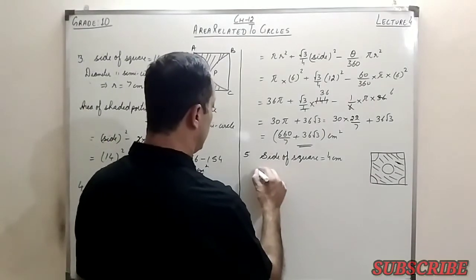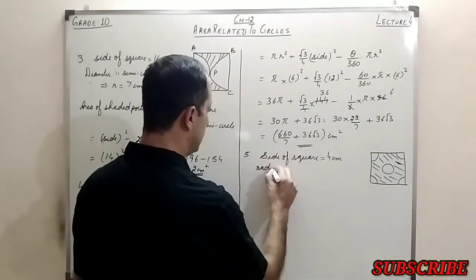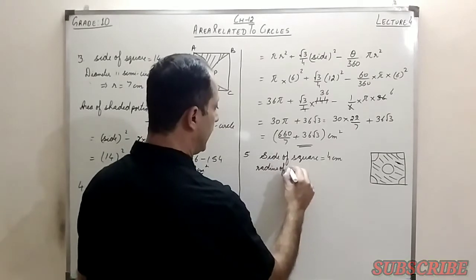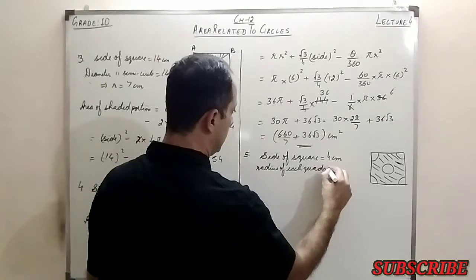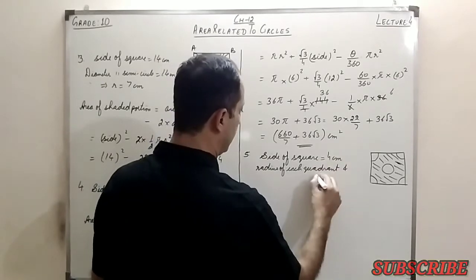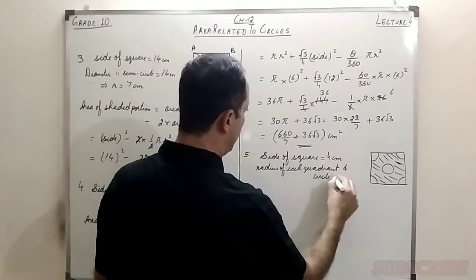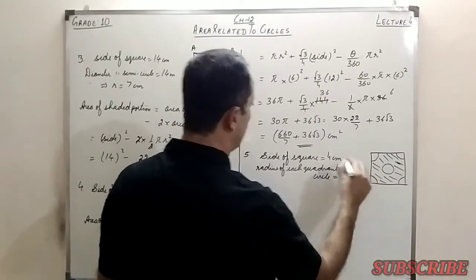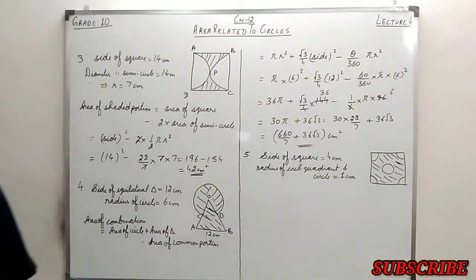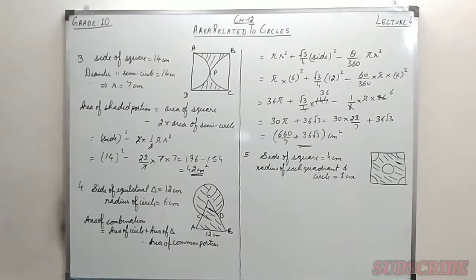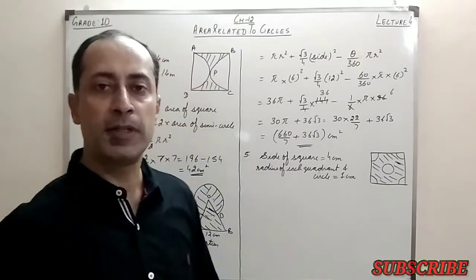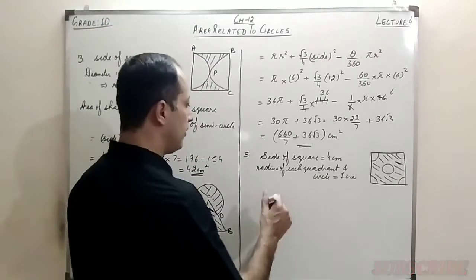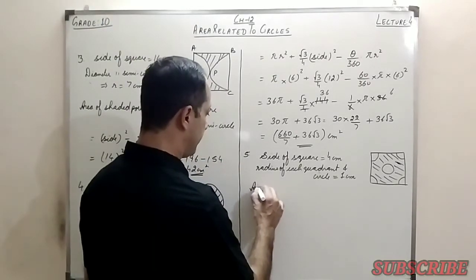The radius of each quadrant and circle is 1 centimeter. Radius of each quadrant and radius of the circle is given as 1 centimeter. Or you can say that the diameter of the circle is given as 2 centimeters, so the radius becomes 1 centimeter. Now, to find the area of shaded portion,